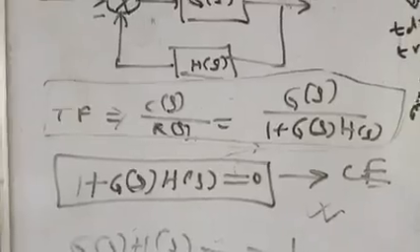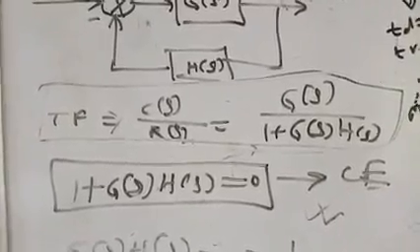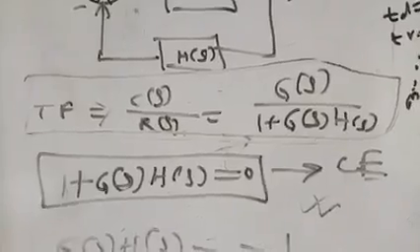When the system is single input single output, the first three methods, differential equation representation, block diagram, signal flow graph, are useful. In the next part of the representation, state space representation, when the system is multi input multi output, it is very useful for representation of control system. So this is the first part, representation.